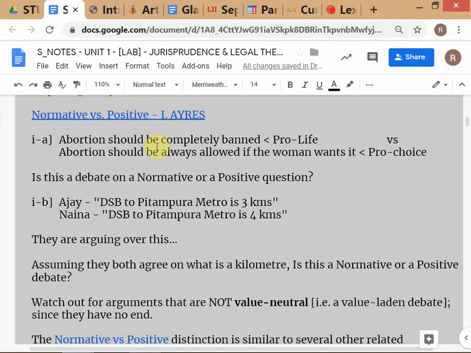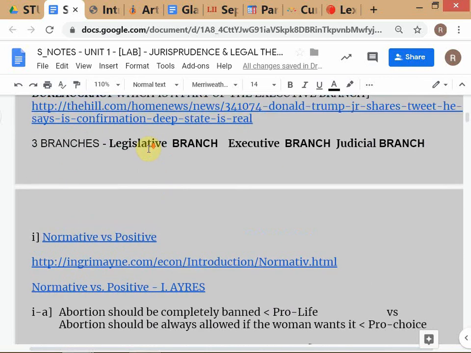Do you know what a value system is? Some people, maybe your elders, maybe your grandfather, may have a more conservative value system. They might feel that you should not be going out late at night, drinking this, that. That is a conservative value system. A more liberal value system might be that people can do whatever they want. They are adults now, they can smoke, drink, whatever. So that's an example of a value system, which essentially consists of a set of values. What we are saying is that the abortion debate is not value neutral.